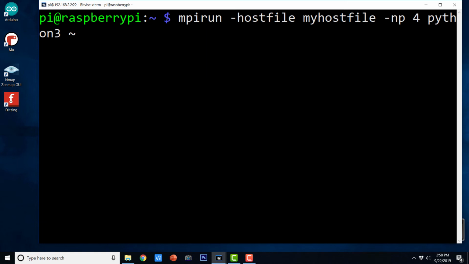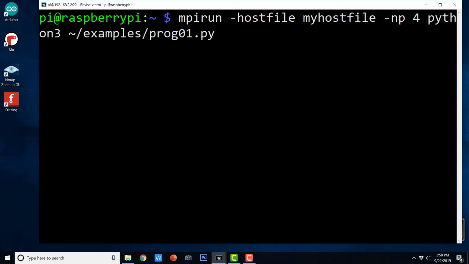This symbol ~ stands for home directory. And if your program accepts any command line arguments, you can mention all the command line arguments here. But we haven't written our program to accept the command line arguments, so we can run it as it is.